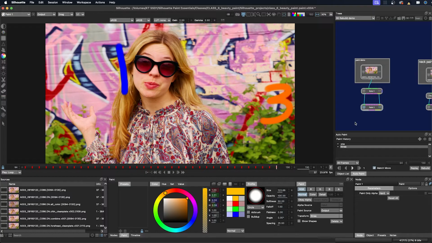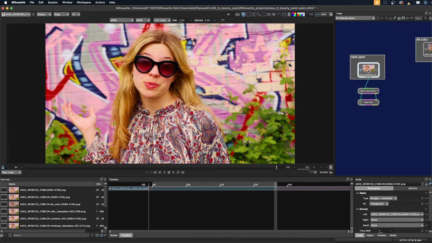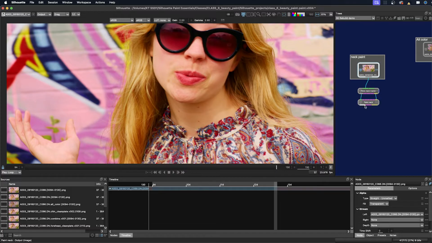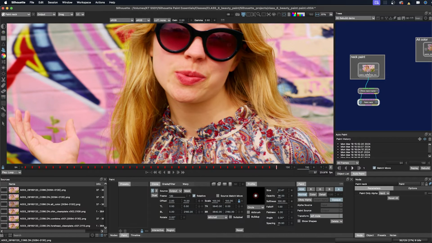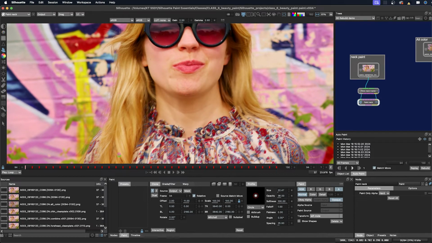Okay, so the next thing we're going to talk about is the rebuild process, or another way to refer to it, the rebuild feature. For example, if I have my source here and I've done a little paint on the neck, we'll just zoom in. You can see down here, I've painted out these 3 moles, and everything's great and it looks good. And then down the line, there happens to be a color correction to the original plate. Well, I need to rebuild my paint.